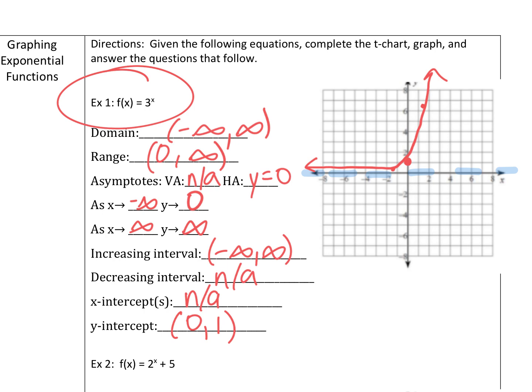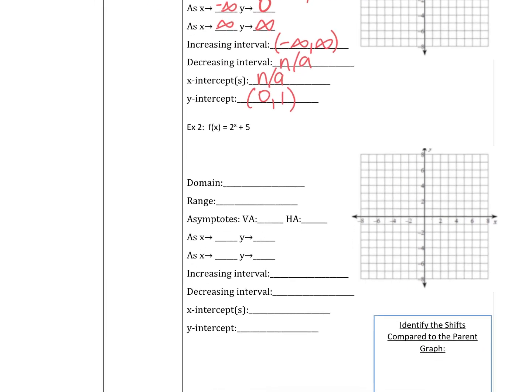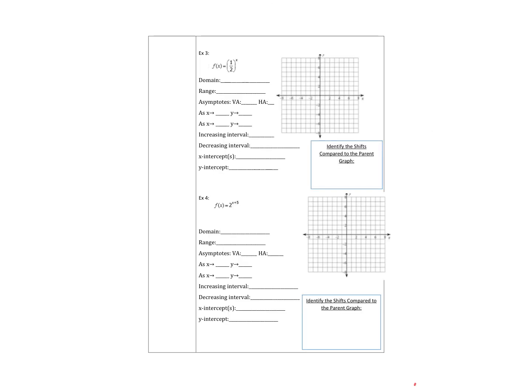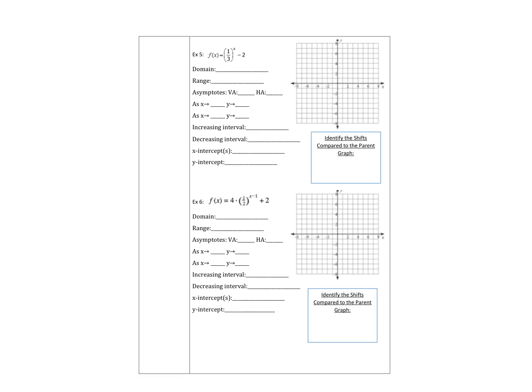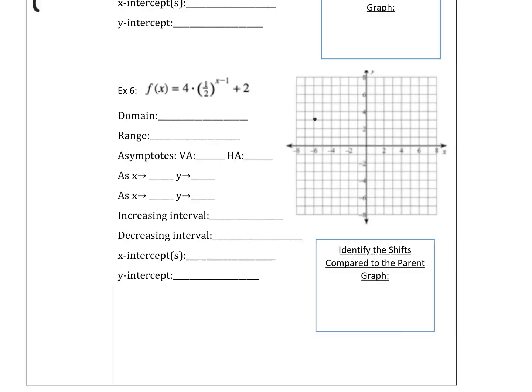Okay. You ready to do another one? Sure. Okay, so your homework is actually going to be directly off these notes. We're just going to star those problems, and you'll come back to them when we're done with notes, okay? Your first homework problem is going to be number 2, so we're going to skip that one for right now. I don't really want to do either of these problems, so we're going to skip 3 and 4. We're going to do number 6 right now, but 5 and 7 on the next page are going to be your final 2 homework problems for this section, okay? So 3 homework problems total for exponentials, but number 6 is the one we're going to do right now together,